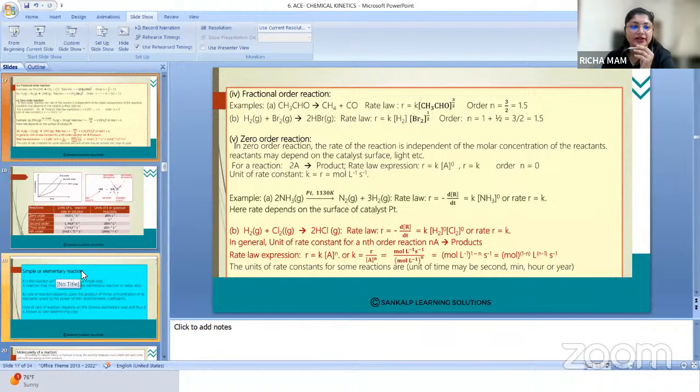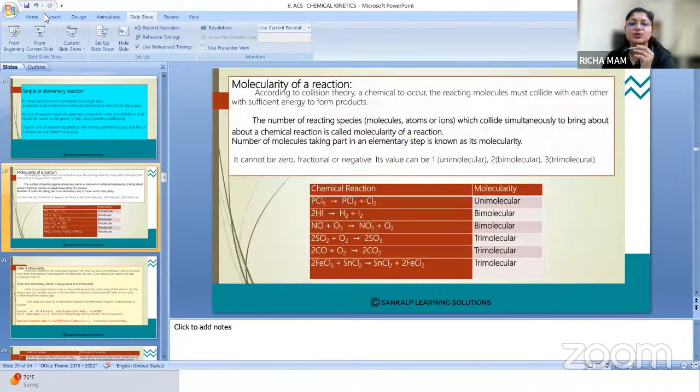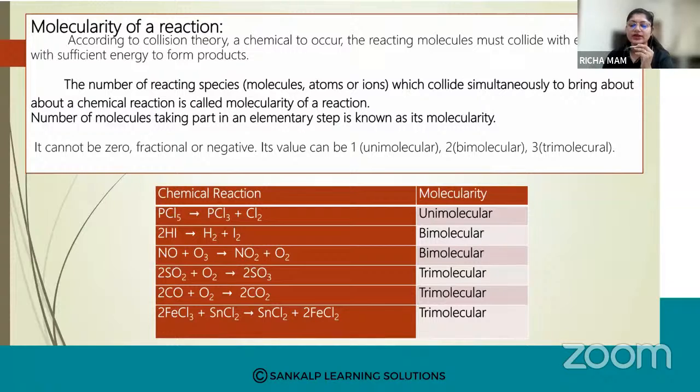What do you mean by molecularity of reaction, students? Molecularity of reaction is the chemical reaction that takes place in only one step, and here it is called an elementary reaction. If the reaction proceeds through many steps, then it gives rise to a complex reaction. In a complex reaction, it involves a mechanism. Now, we have seen in your haloalkanes and haloarenes